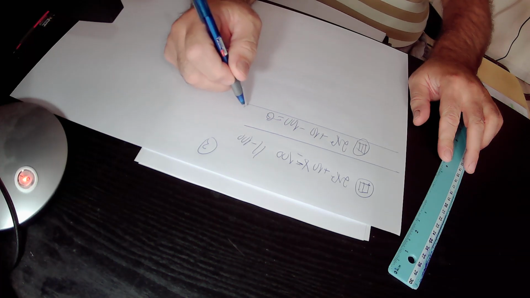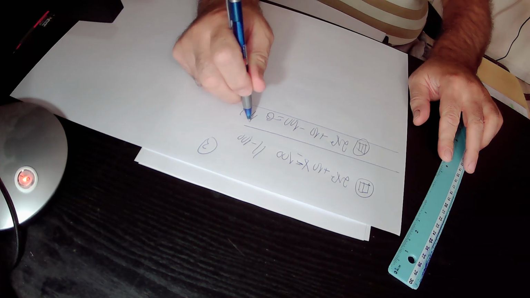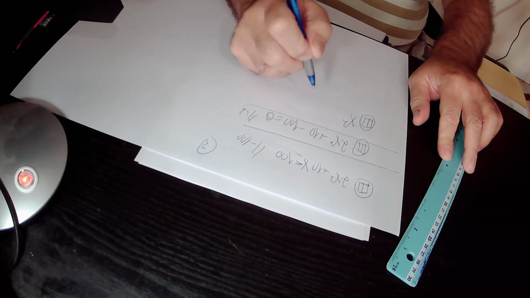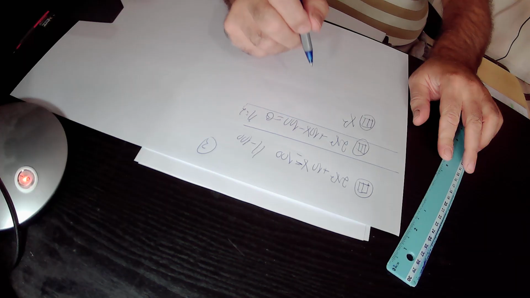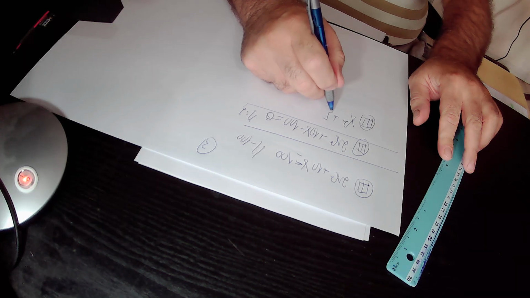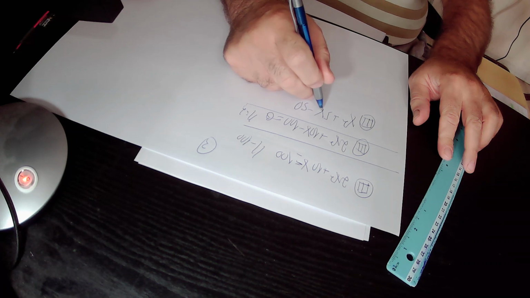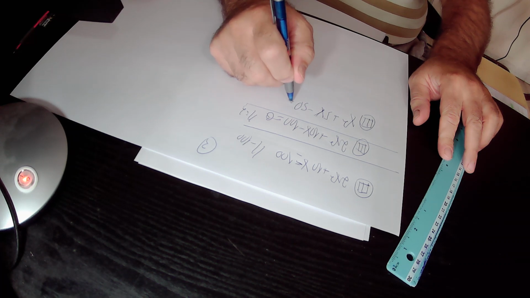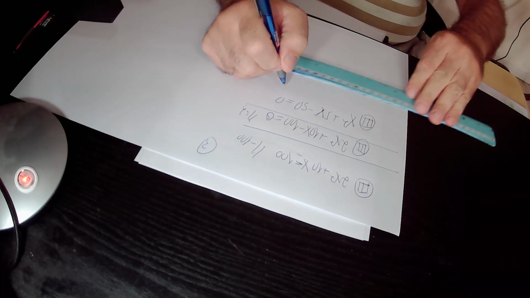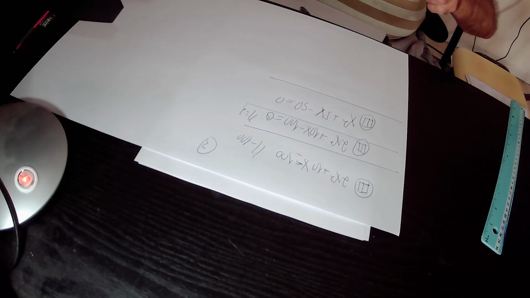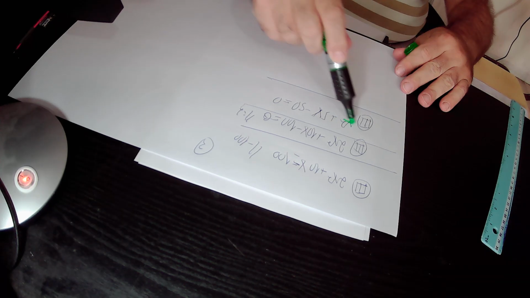Here we will divide this equation 3 by 2, and finally get that 2x squared over 2 is x squared, then 10x over 2 is 5x, and minus 100 over 2 is minus 50, equals 0 over 2. 0 over 2 is 0. So in total we found out that x squared plus 5x minus 50 equals 0. So this is the quadratic equation,